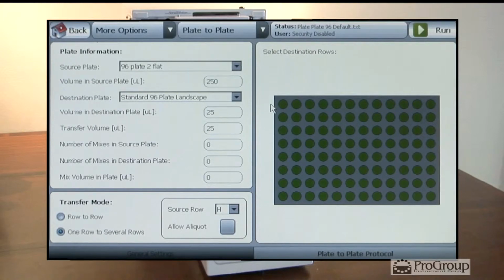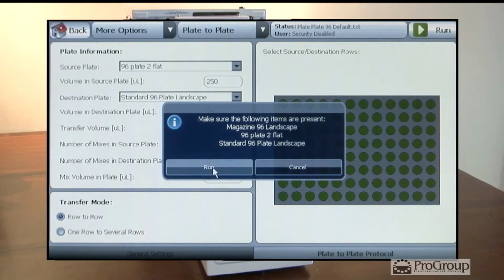In that case, you could also perform an aliquot, which would save some time in the process when you're doing a one row to several rows plate-to-plate transfer. So for example, if you had a source plate with 200 microliters and you wanted to transfer from row A, it has 200 microliters. You wanted to transfer 15 microliters to each additional row of the next plate. You could select to perform that doing an aliquot. The system would pick up the sample, transfer from across the plate with an aliquot, and perform a plate-to-plate transfer